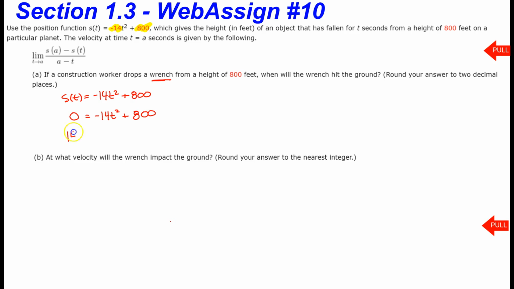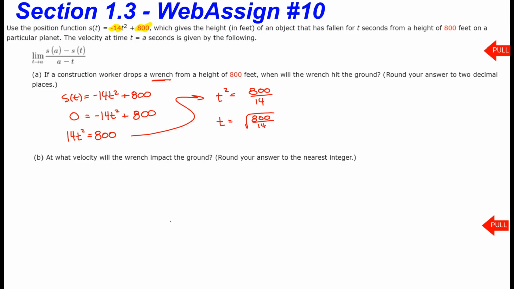I'm going to move the 14t squared to the other side. Then I'm going to divide both sides by 14. And then I'm going to extract a square root. Now watch what I do here. I'm going to say, don't forget that when you take a square root it's plus or minus the square root. Now that's true if we're talking purely mathematical, but this is an application problem, and we're only interested in time t greater than 0. So I can ignore the negative square root. That doesn't make sense in the context of the problem, so we're just going to consider the principal square root